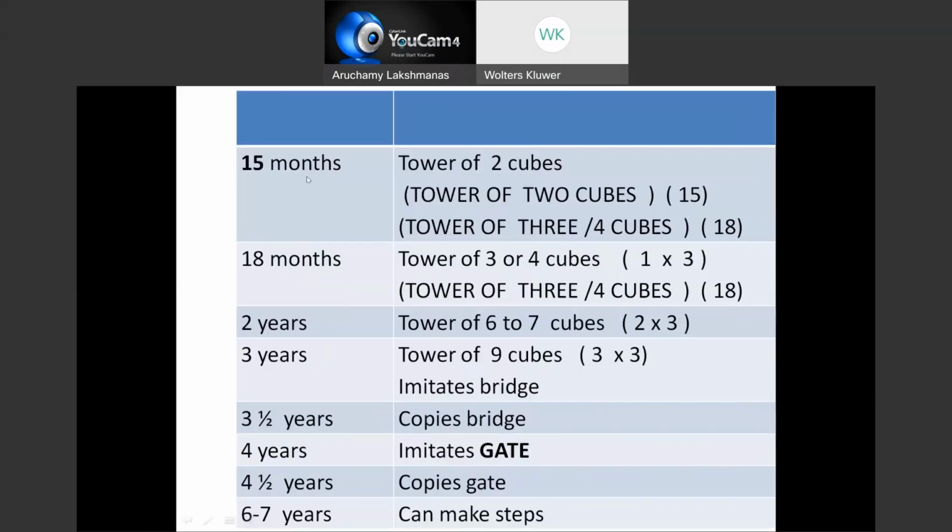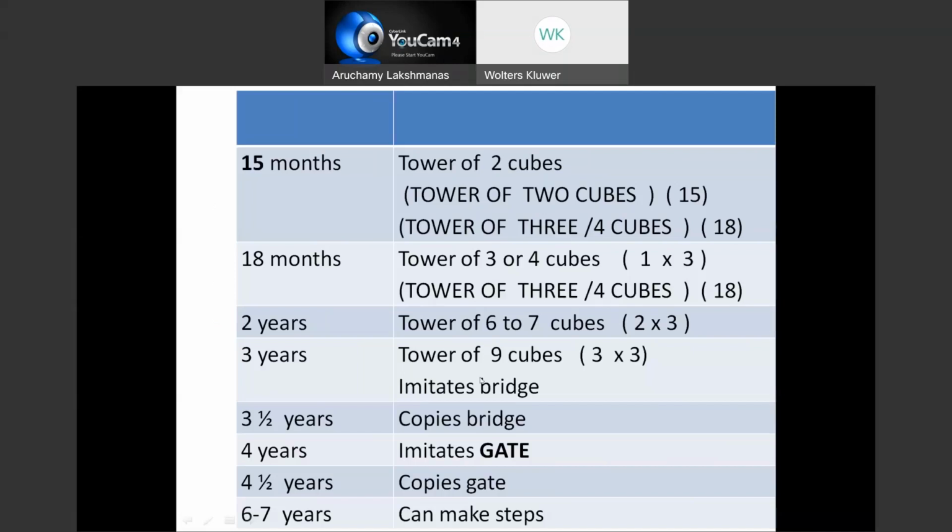So even from 15 months, they will be able to play with the cubes. So as I told you, 1 year, 3 cubes. By 15 months, it will be tower of 2 cubes only. And 18 months, I told 1 year, 3 or 4 cubes. 1 year, 3 means, by 18 months, 3 or 4 cubes. 1 into 3. By 2 years, as I told you, 2 into 3. 3 years, 3 into 3. And after that, it will be